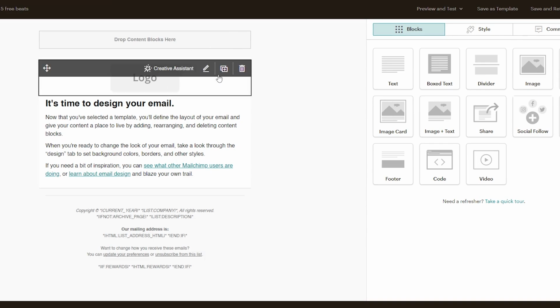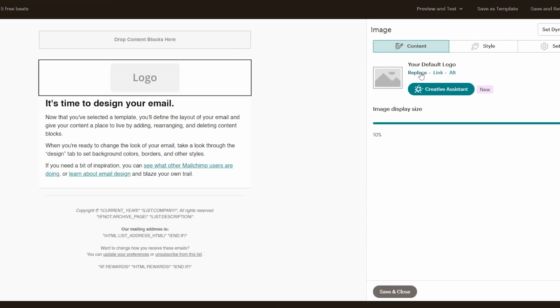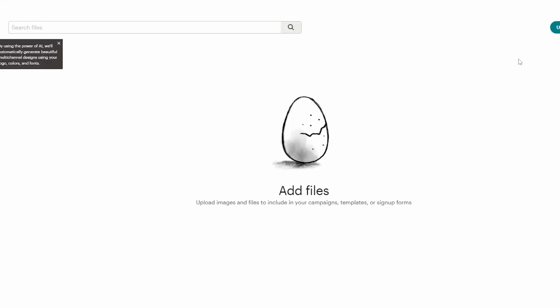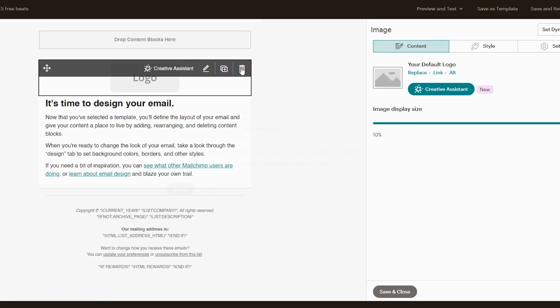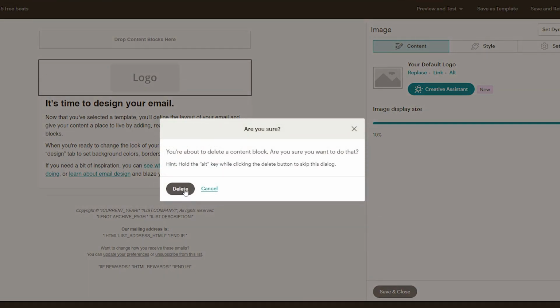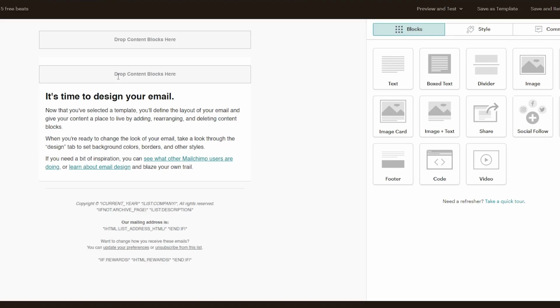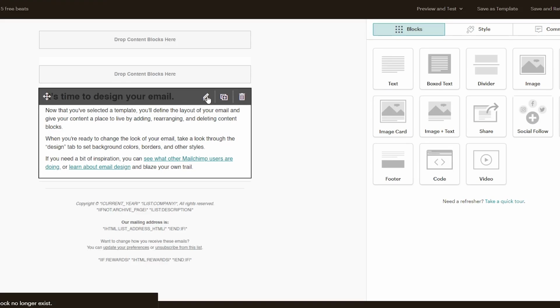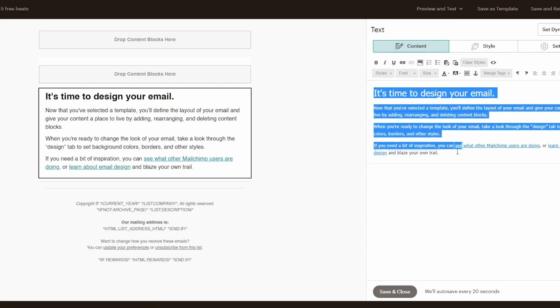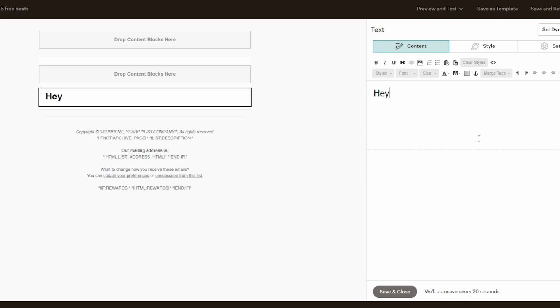Then we have your logo, which you can put on top of here. So essentially, if you just click replace, it's gonna ask you to upload files, and you can upload a logo to go there. Or you can also just delete it as well because it just takes up space. And so now if we get into the header section here, essentially, this is where you just design your email text. So what we can do is we would say, hey, let's actually go ahead and make this like